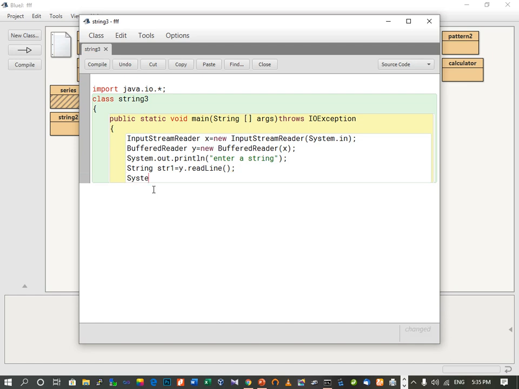So we write System.out.println, enter another string, and that we will store in str2. The first one I have taken in str1 and this one in str2, equal to br.readLine.